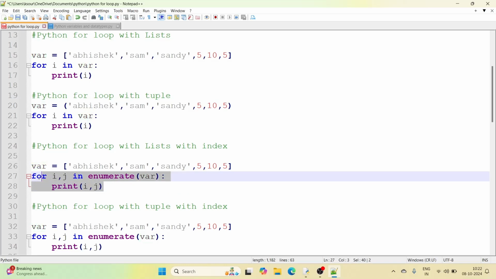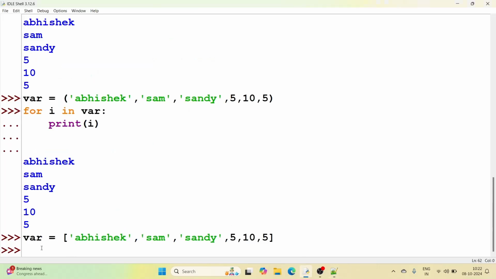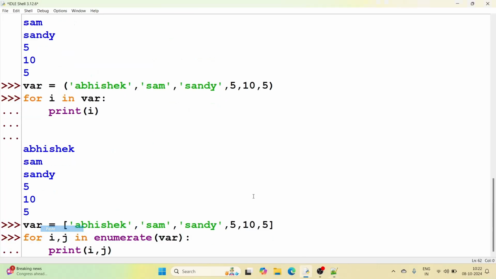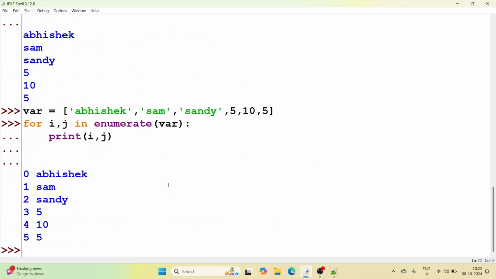Let me run this now. Our list is defined, and we are passing our list in the enumerate function, and then we are trying to take both index and value. Just press enter. You can see it is printing the index and the values.